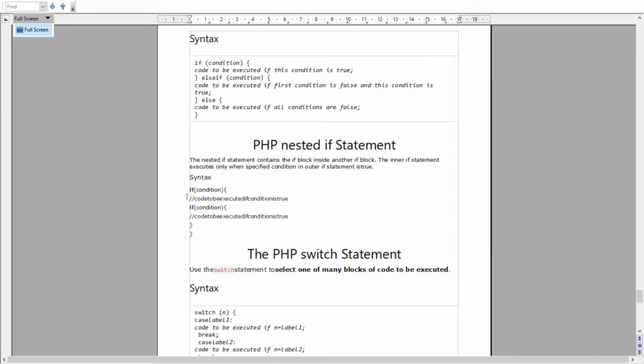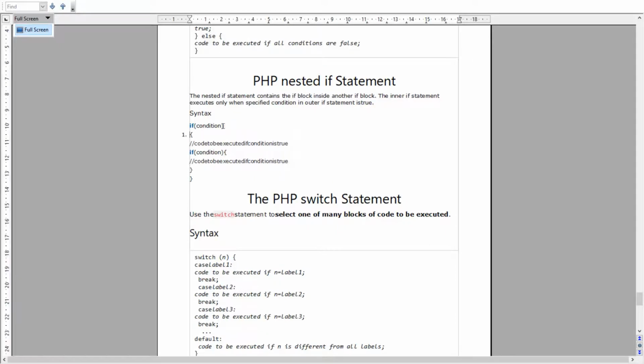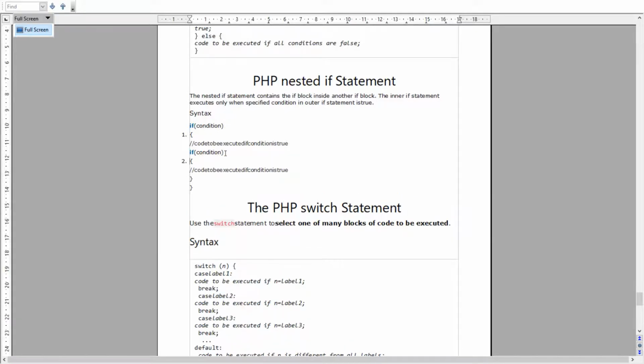So here we can see the if statement syntax, how we can use it. We have written if, then we have written the condition, then we have started the body. This curly bracket has started the body for this if statement. Here we will write the body, and within that body we will write another if over here, and we will write a condition here, and here we will write another body for this.